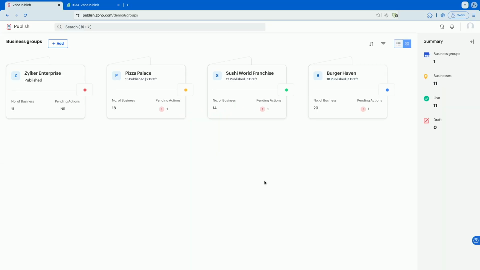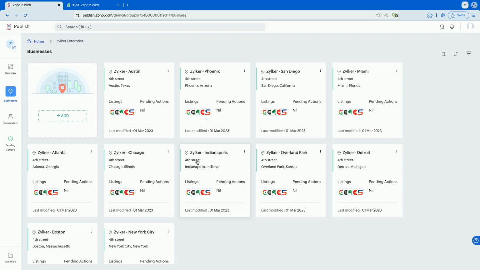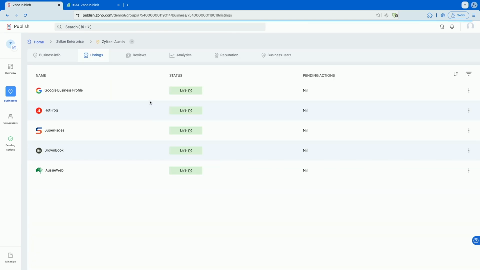So I wanted to walk you through how Frodo managed all his locations through Zoho Publish. Earlier, it was chaos to manage all the information. He was switching tabs on Google Business Profile and multiple directories. He used Zoho Publish. So this is exactly how it looks. If you have multiple locations, you can group them either based on category or location. Once you group that, you can see all the information. I'm just going to jump to the Austin location.